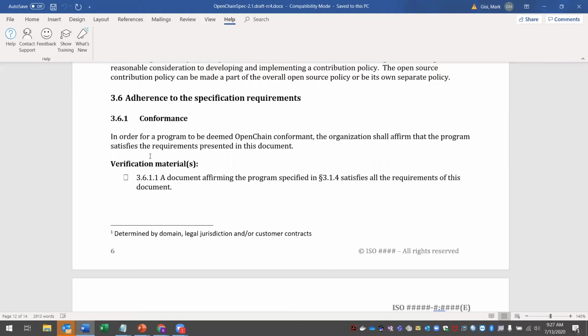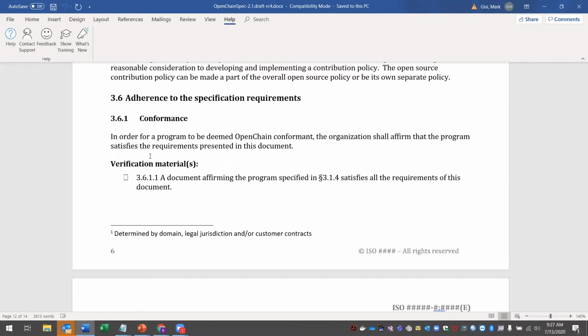Andrew here again. I would say I favour the idea that if you are going to state publicly that you're OpenChain conformant or have an OpenChain conformant program, that should lead to an obligation to at least reveal details of what that means, and that's consistent with a number of similar programs, like 27001.